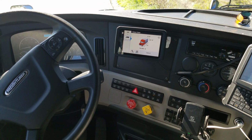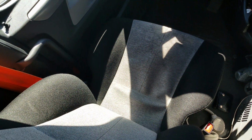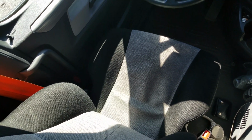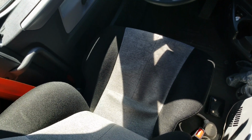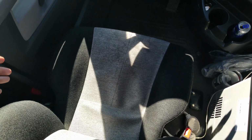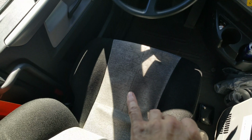And the only thing that I can really say is they adjusted the seat. This is not the same seat from the 17, even though this is the 18. They must have got enough complaints about the seat for the 17, because the seat felt like a piece of plywood with fabric on it. And the 16 didn't have that seat. It actually had a good seat. The 16 that I had an armrest on the other side, and I really, really wish that there was an armrest on this side. But this seat, they adjusted it, and it feels like it sits a little bit higher,